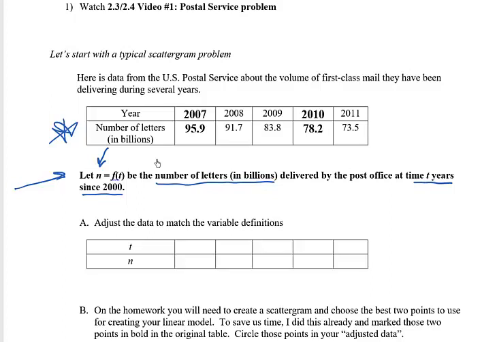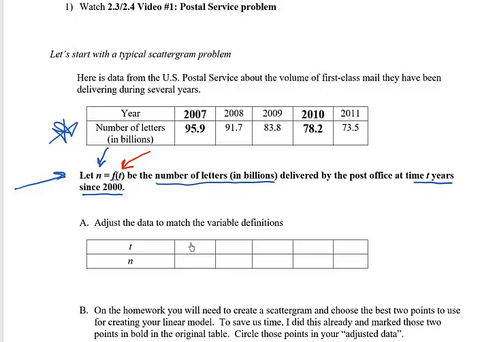So all of that is provided for us. You'll notice that next to the n, here's our new function notation, n or f of t. In other words, those are interchangeable in this problem, kind of like how y and f of x are interchangeable. So n or f of t, whichever way you want to call it, that's the number of letters,